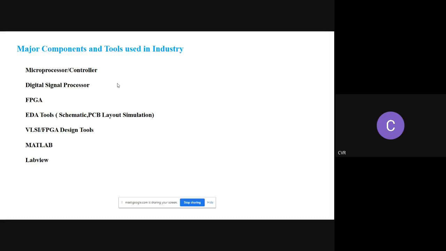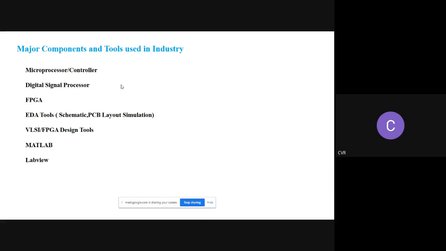Recruiters or interviewers will look at your resume first, because your project plays a major role. So it's important for you to use platforms or components that are used in the industry in your project. That's the first thing, and the second thing is that you need to have these skill set details in